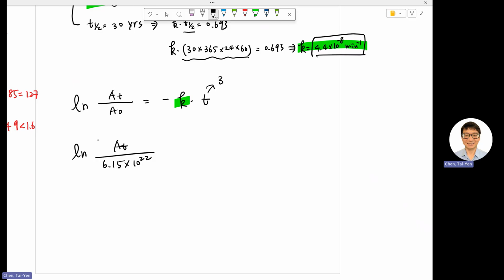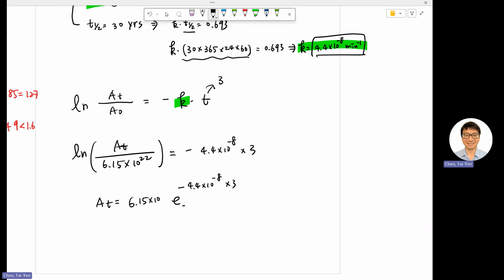You want to know how many of them remain undecayed, and the rate constant is 4.4 times 10 to the negative 8, after 3 minutes. So your A_t is going to equal exponential negative 4.4 times 10 to the negative 8 times 3, multiplied